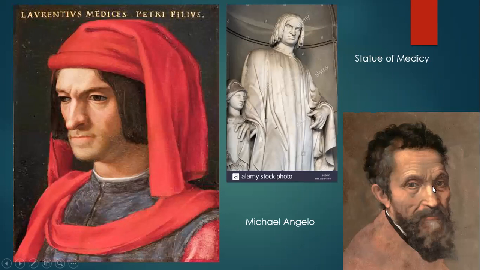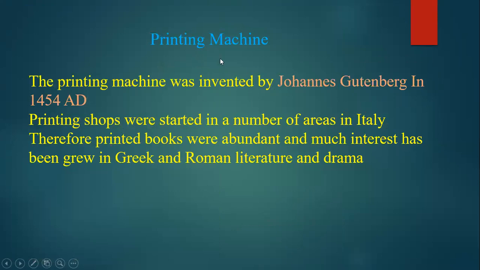And this is Michelangelo. Michelangelo was supported financially by the Medici family to make creations, and this is a statue of Lorenzo de Medici made in alabaster by Michelangelo. Okay. So then the printing machine was invented. 1453 was the capture of